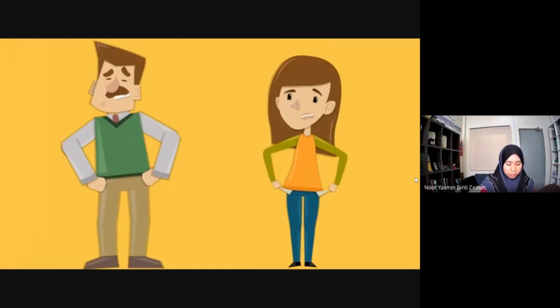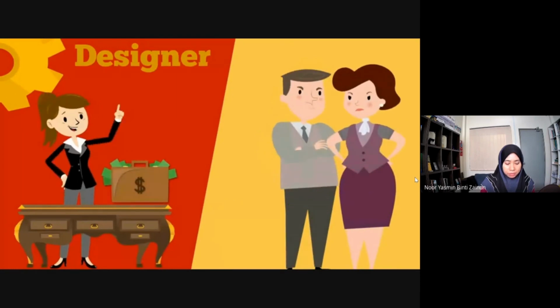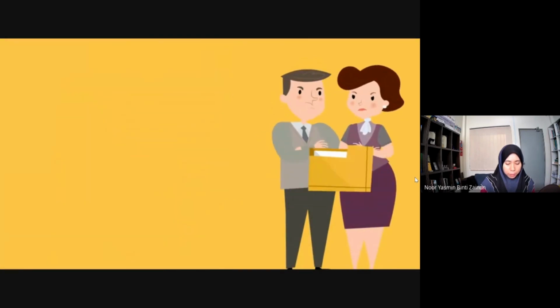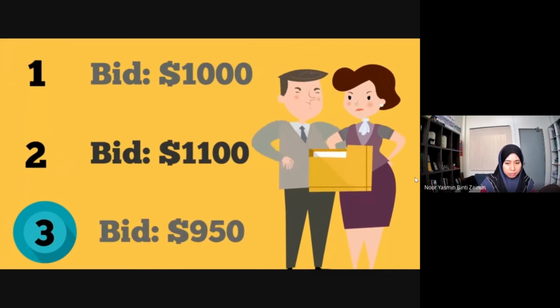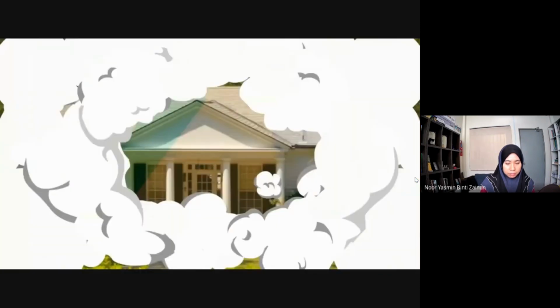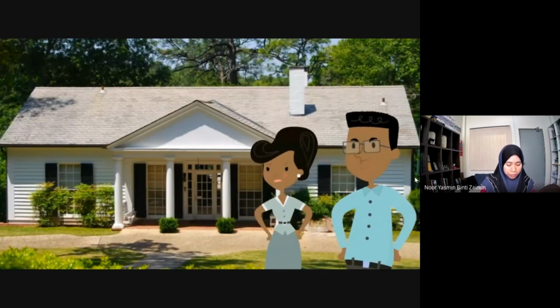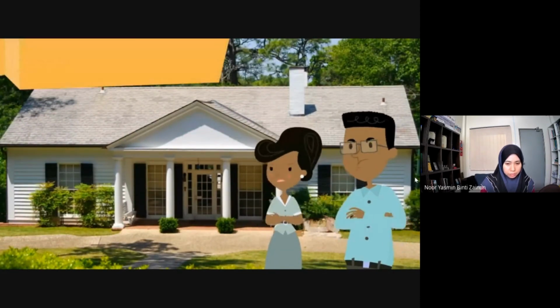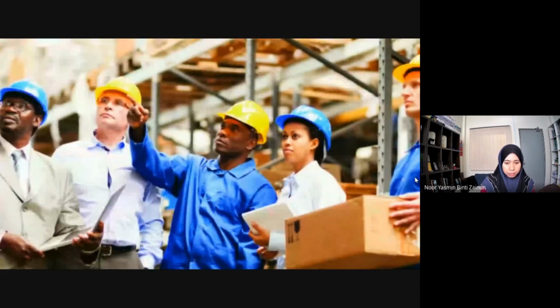If you are over budget, you can either go back to the designer to spend more money and get a redesign, or you can stick with the original design, hire the lowest bidder, and cross your fingers that everything goes according to plan. It's not an ideal situation for a home. Frankly, you're not a remodeling expert. You have a budget to stick to. There has to be a better way. There is. What if